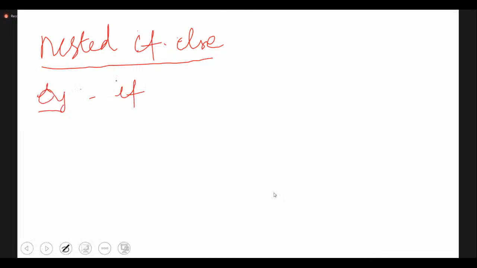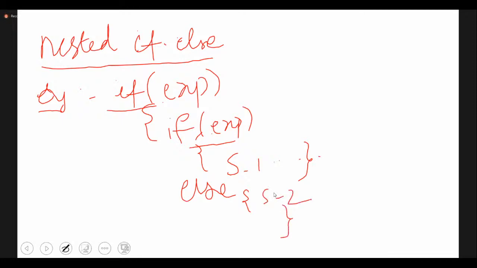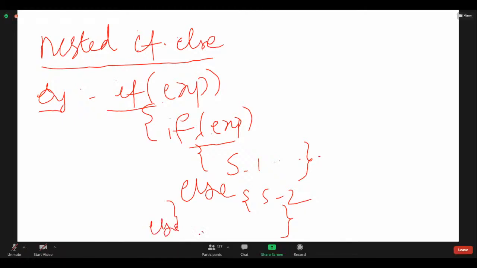If some expression is true, again I'll have some expression, then I have some statements. Maybe the outer expression is true and the inner might be false. So for this inner expression, I'll have an else block, statement 2, and for the outer if block, again I can have an else with some statement 3.